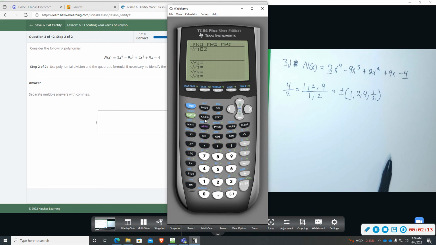Type in 2x to the 4th minus 9x to the 3rd plus 2x squared plus 9x and then minus 4. I'm going to graph,